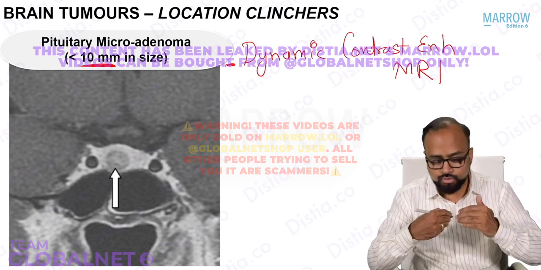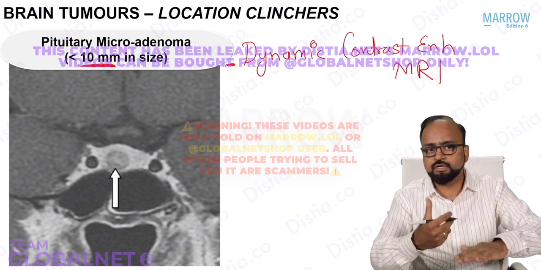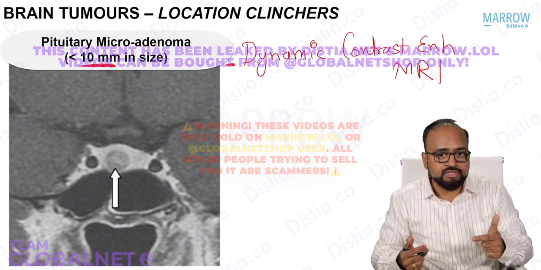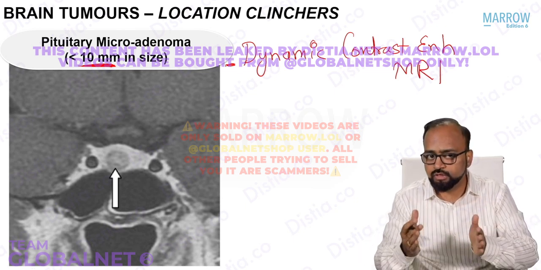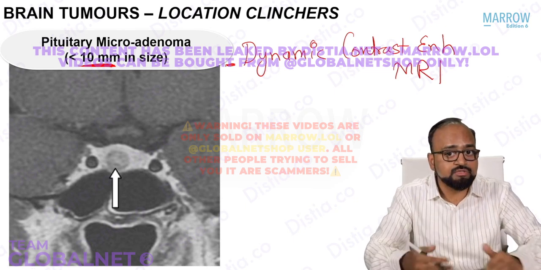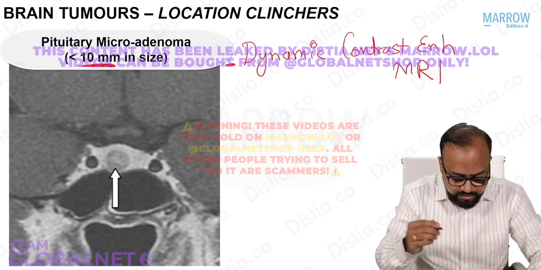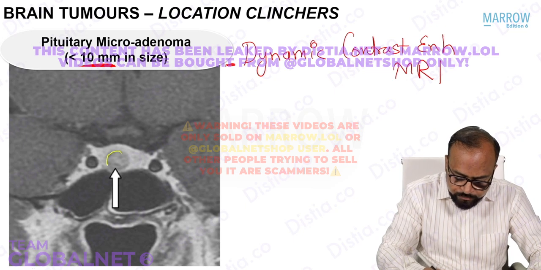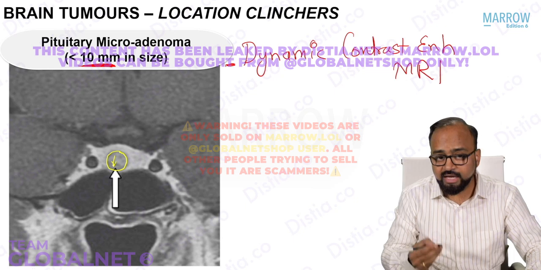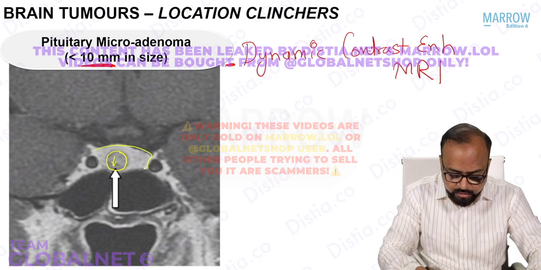Now the contrast is injected using a pressure injector very rapidly, and once the injection of contrast is done, these images are constantly acquired for a certain duration of time. Why? Because the enhancement pattern of the tumor and the pituitary gland is different. If you look at this particular image here, this is the tumor. Can you see that the tumor is appearing slightly hypointense or dark as compared to the rest of the pituitary